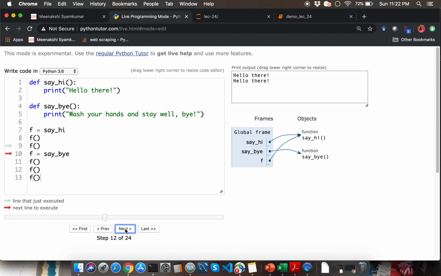So I'm reassigning the function reference for the variable f to another function reference, which is the reference to the function say_bye. So what happens now is f now switches to point to say_bye in the heap. And once again when you call f, it will now call say_bye, and it will go ahead and print wash your hands and stay well